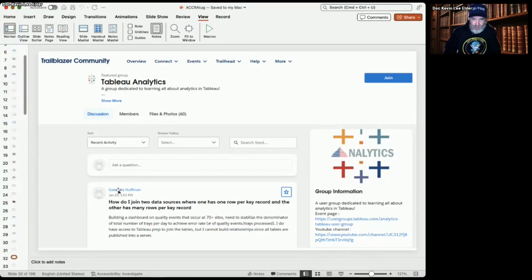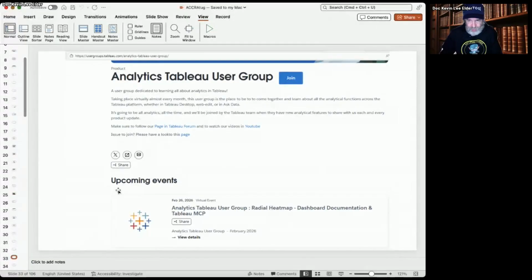This is the Tableau analytics group. They are one of the largest Tableau user groups out there. They have a monthly meeting and they take things to another level. And so you can go out to the Tableau analytics group. You can find one of the most recent meetings. You can find me on there talking about color and talking about color blindness and get a tutorial on color blindness if that's something that you really want to do. And so the next one coming up next week is doing these radial heat maps. And so that will be an interesting talk. But again, you're new, you're not ready for that.